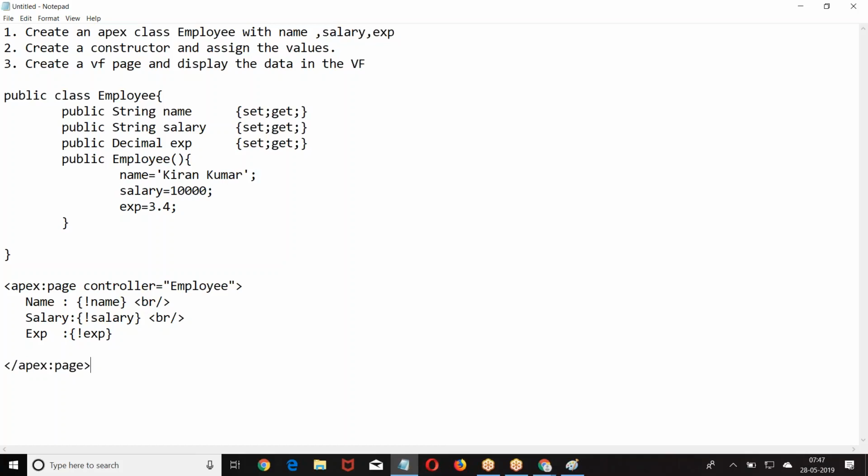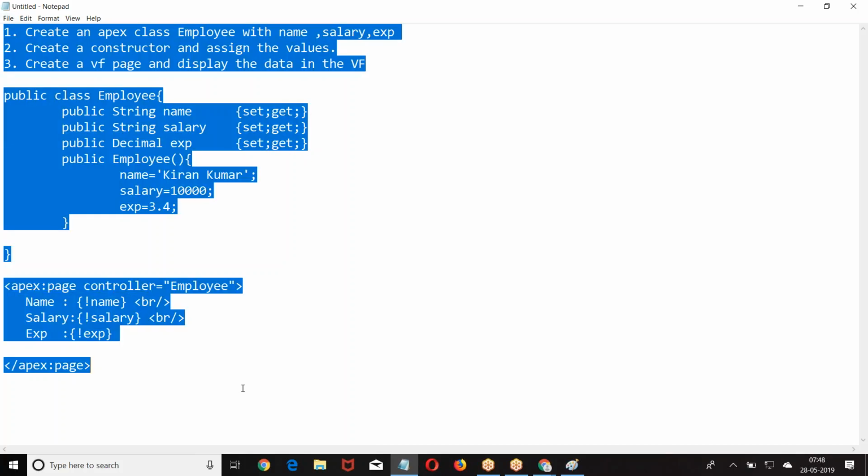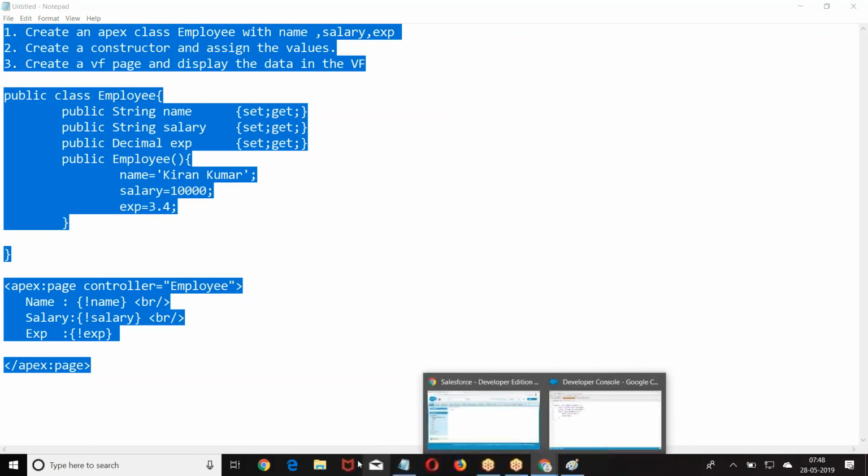Is it necessary to declare each variable like public? It is mandatory. If you want to use it in the VF, set and get is mandatory. Okay, that's the reason I was supposed to give separately. I cannot put two lines together. Every variable we have to define separately with setter and getter. Okay. Now, the concept is clear, right? Syntax of writing this is clear for everyone, right? Okay. Now, let us take the next extension.